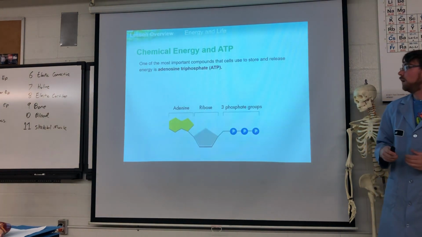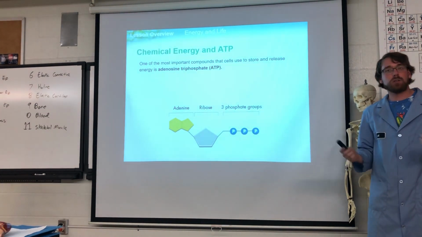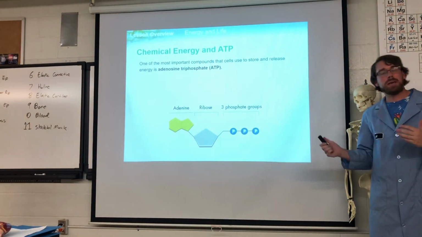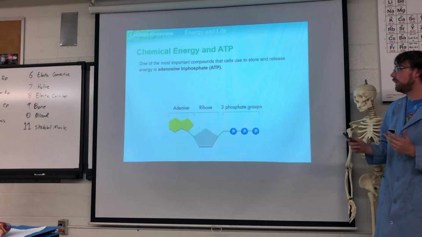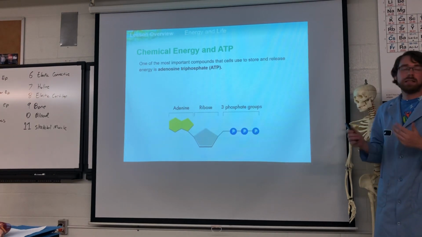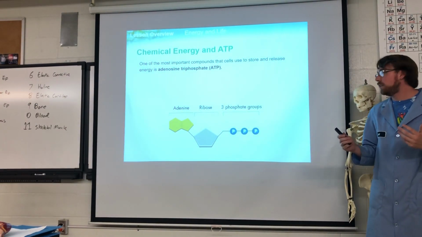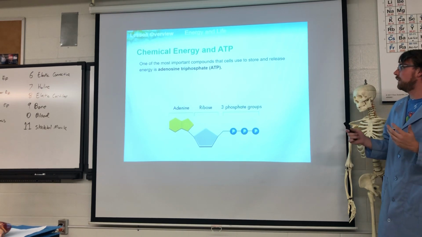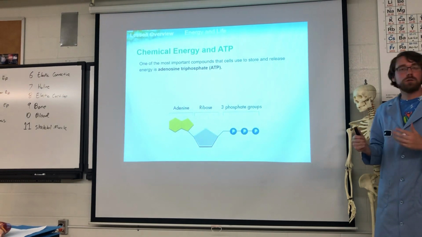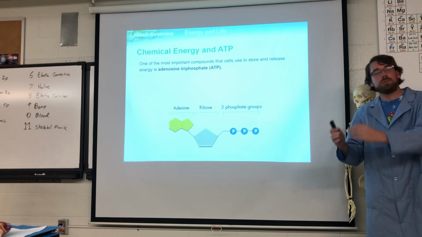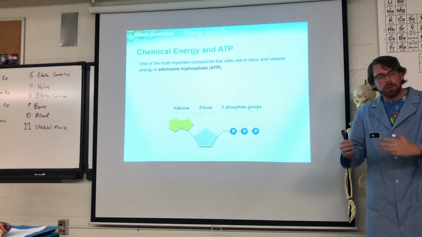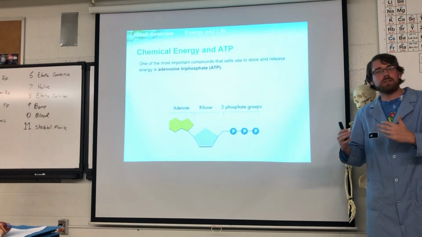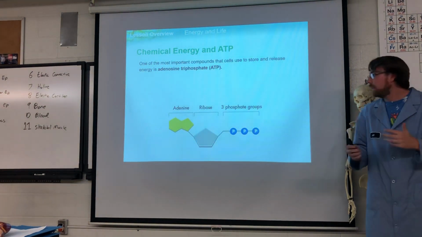So, we are going to start today talking about a molecule that we mentioned just a little bit when I last saw you guys, which is ATP. ATP is the main energy currency of the cell. It is adenosine triphosphate. It is used to briefly store and release energy. You cycle through about your body weight of this stuff in a day, but you are just making and breaking